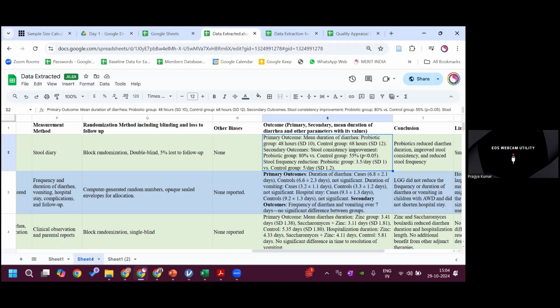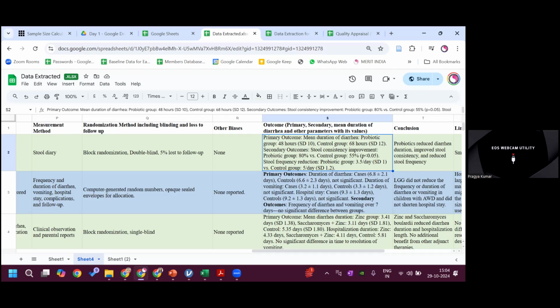Sharing. Okay. There is a breakout room activity for you. You will pick up the same study on which you did the data extraction and the quality appraisal. You have to enter that data in the Google Form which we are sharing. We are getting it in the Google Form, so you have to enter the data in the form, and then we will see it populated here.